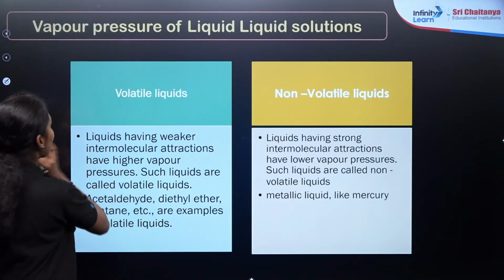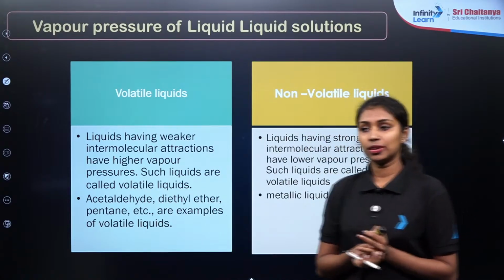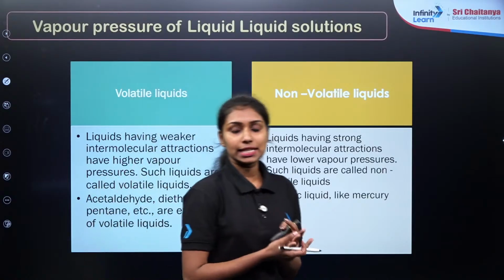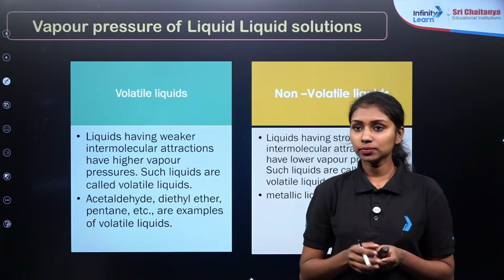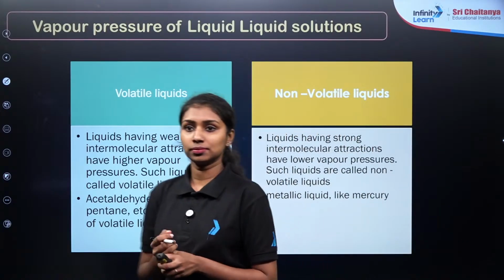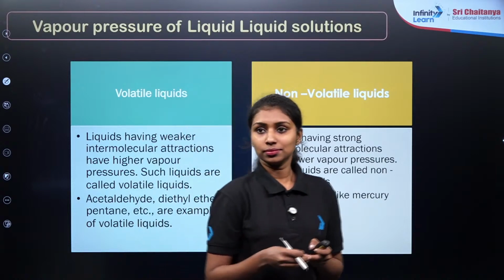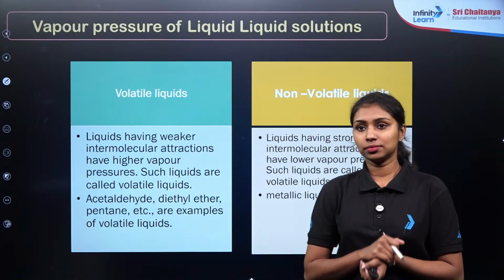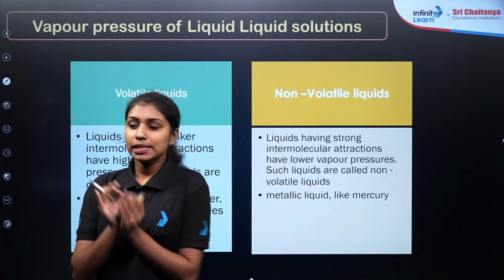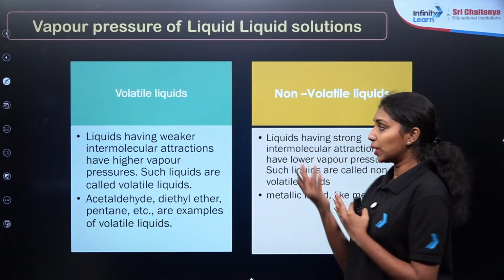Can you please give me an example of volatile liquids, or give me an idea of what the word volatile means? Those liquids which vaporize fast, which have a higher vapor pressure compared to others, are known as